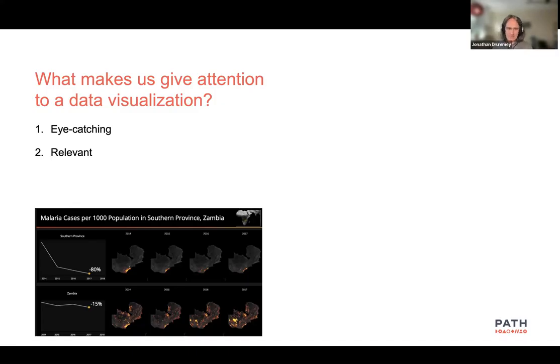We want the data to be relevant to our audience. So numbers and variables that they care about. And then we want it to be apprehensible. And by this, I mean that people can understand what's in the data. And particularly as we're talking different audiences, if we're presenting to a community health worker who maybe has a high school education, we're not going to be able to give them the same visualization that we would be able to give to somebody who has a PhD in malaria modeling.